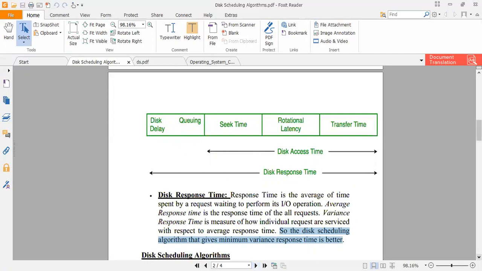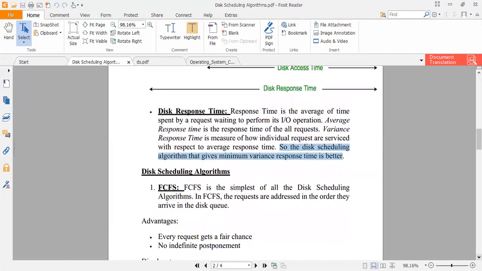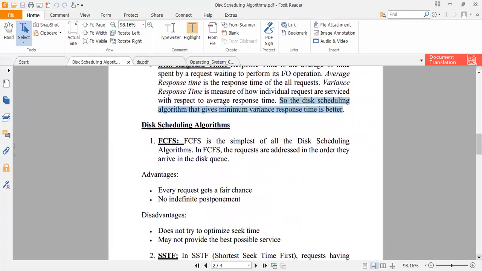So now we just come to the disk scheduling algorithms. There are a number of scheduling algorithms. Like the first one is FCFS. In case of FCFS,